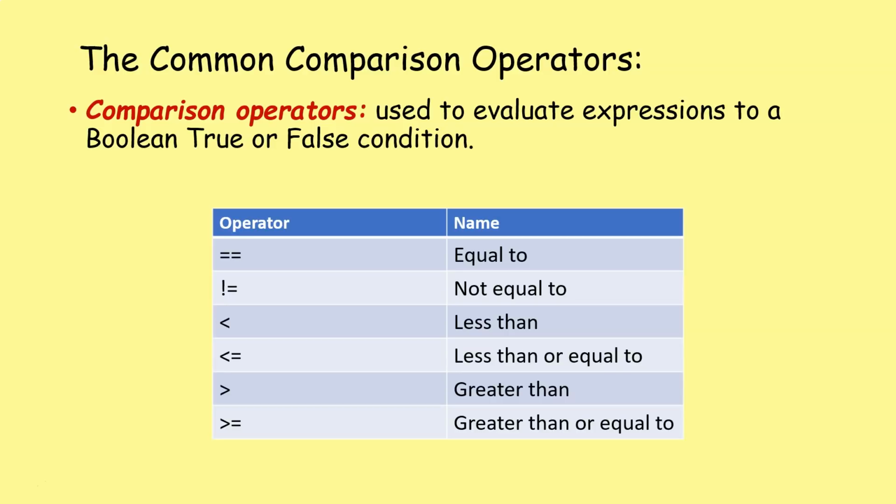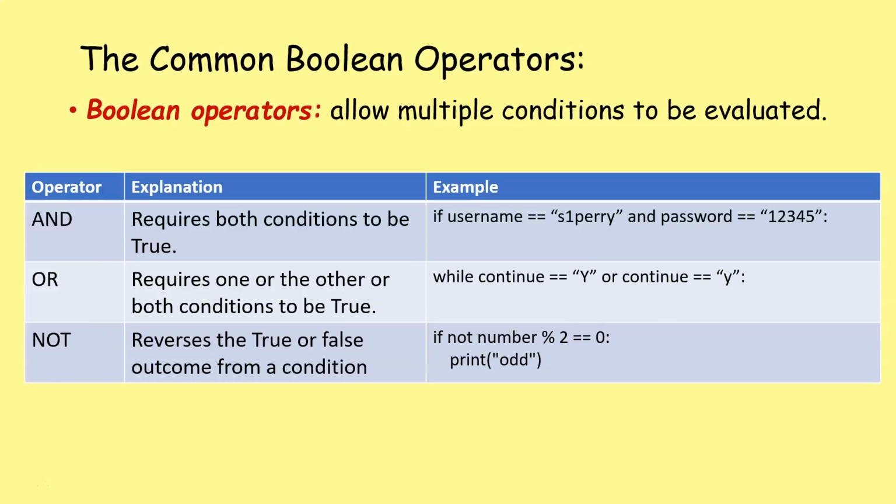Don't make silly mistakes that could cost you grades in the test. Boolean operators can allow multiple conditions to be evaluated. So we've got AND, which means it requires both conditions to be true. A simple example here would be, if username is equal to S1Perry and password equals 12345, you can log